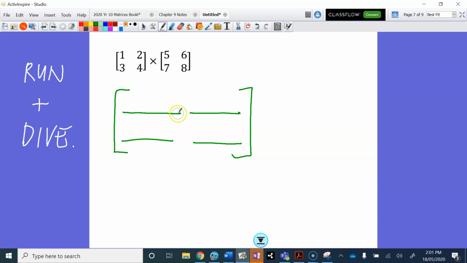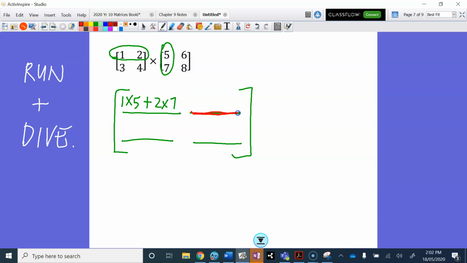So to get the answer, which is in the first row and the first column, I need to run across the first row and dive down the first column. So I'm going to be doing the calculation 1 times 5 and 2 times 7. To get a different color,